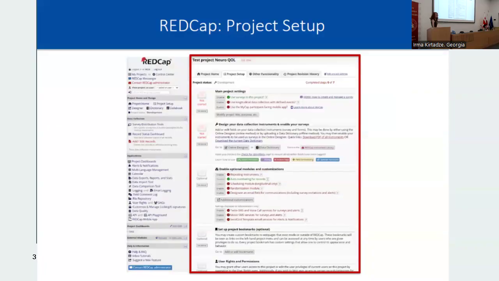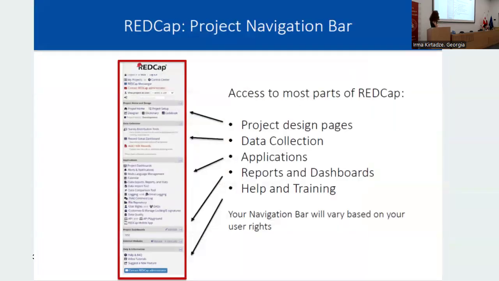This is what the project setup looks like. On one side, you have the project and all its features. It's a little blurry, I apologize. You can have surveys, you can have longitudinal data, you can have pre-assigned IDs, where you assign IDs to the participants yourself. You can have a randomization feature, but you don't have to. And then on the other side, you have your navigation bar